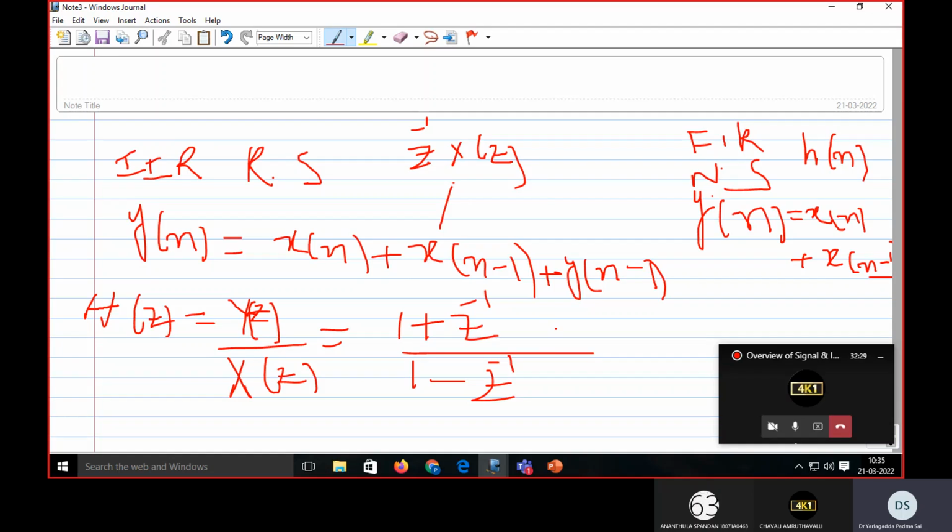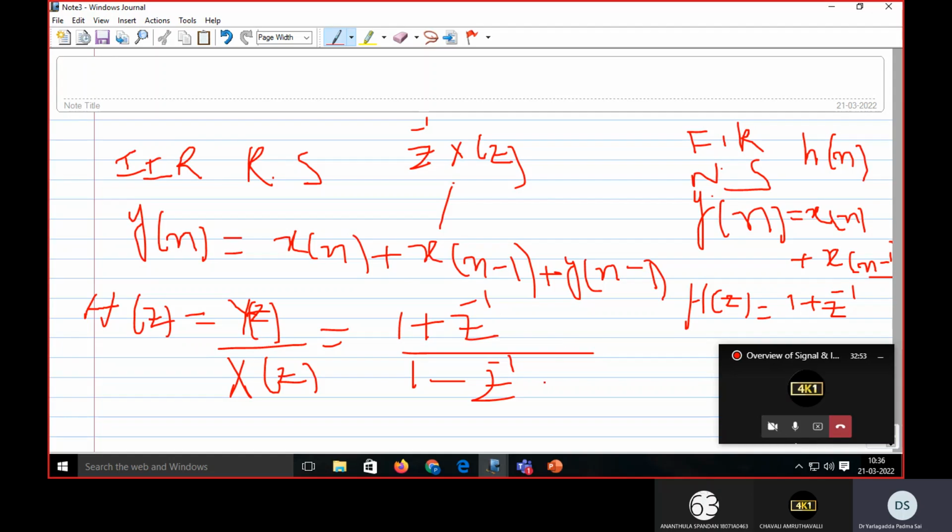Suppose if you do the same thing for your FIR filter, you will get H(z) equal to the same Y(z) by X(z). Only you are having 1 plus z power minus 1. Already you studied FIR and IIR in 2 units separately. So now,